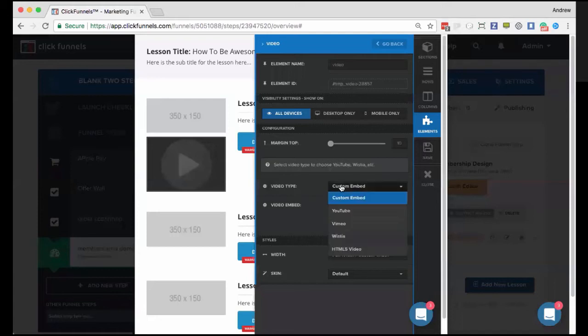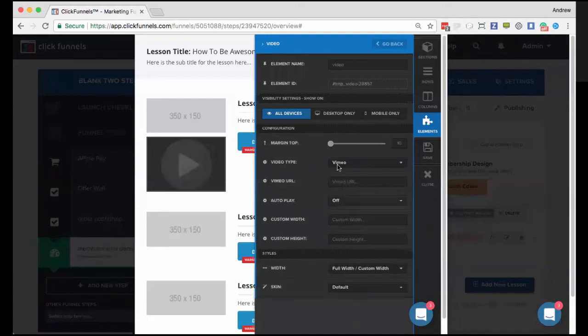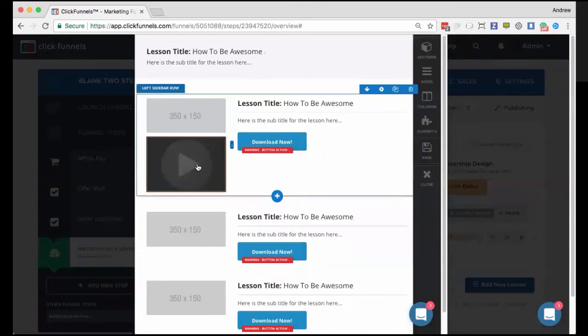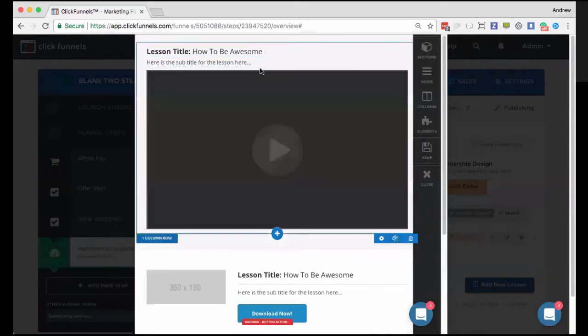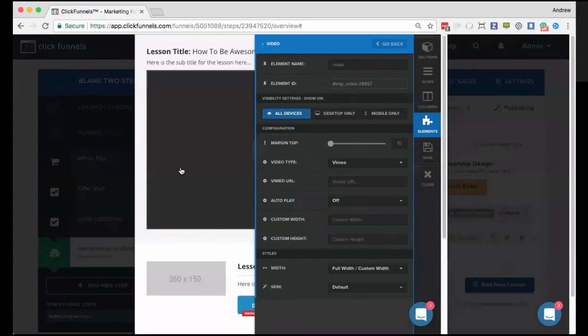And then here inside, you can select the Vimeo type and then the Vimeo URL. So you just put the URL to your video here. If you want it to autoplay, you can select that there, and then you can change the size of that specific video. This obviously is just in that space, so it could be bigger if we put it up here, right? So see, it's a little bit bigger there. And then save that, and then your video should play fine.